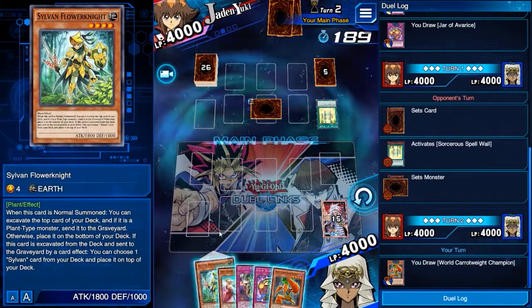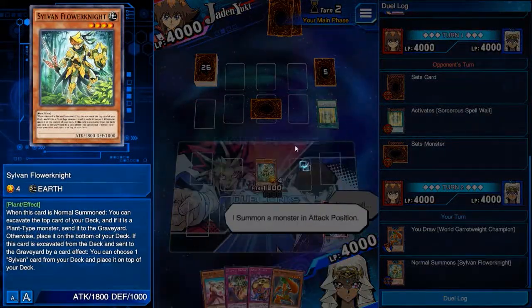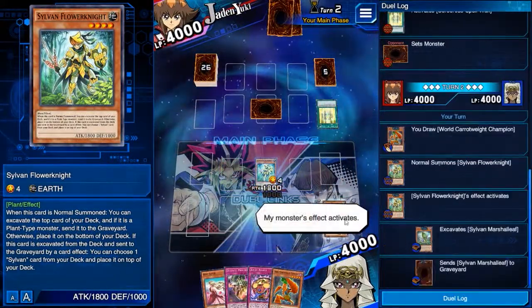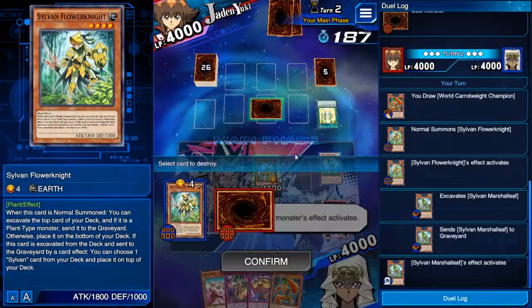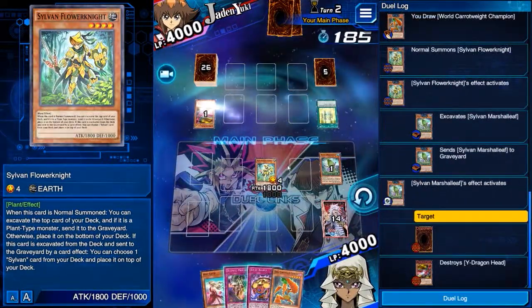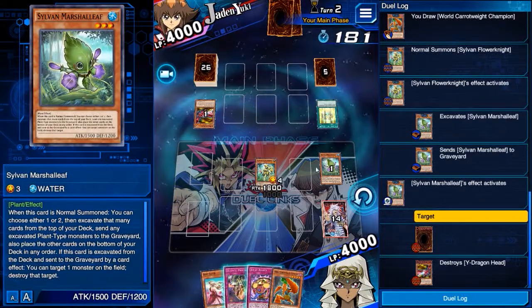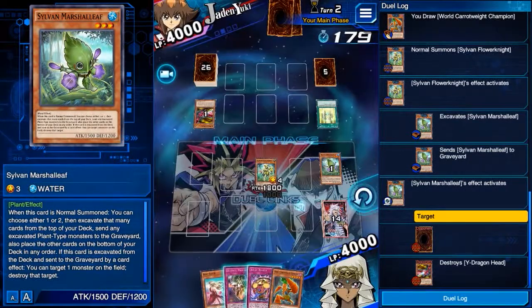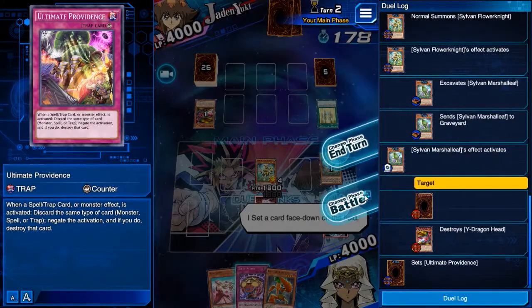We're gonna go with this monster, and I'm just gonna show you its effect. All Sylvan monsters have this effect of excavating the deck. So something like this. And they also have another effect: if this card specifically gets excavated, it does this effect. So in this case, it was this monster. His effect is that it can destroy another monster on the field. The bad thing about that is...